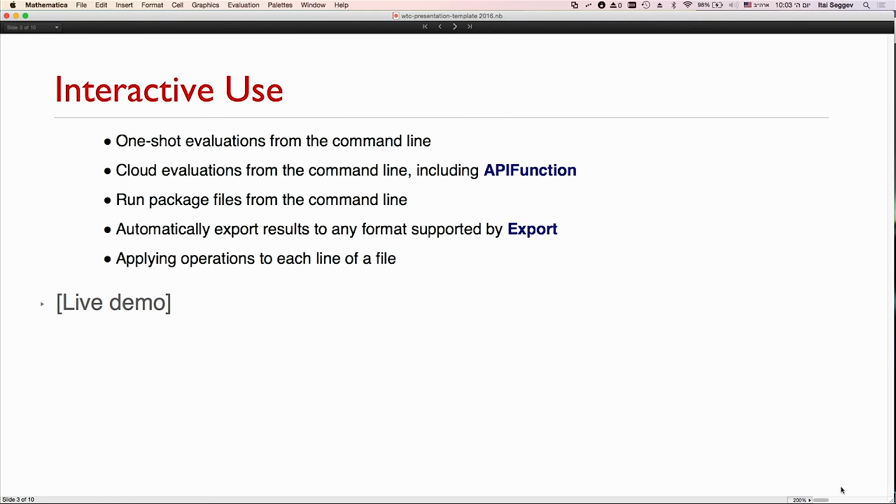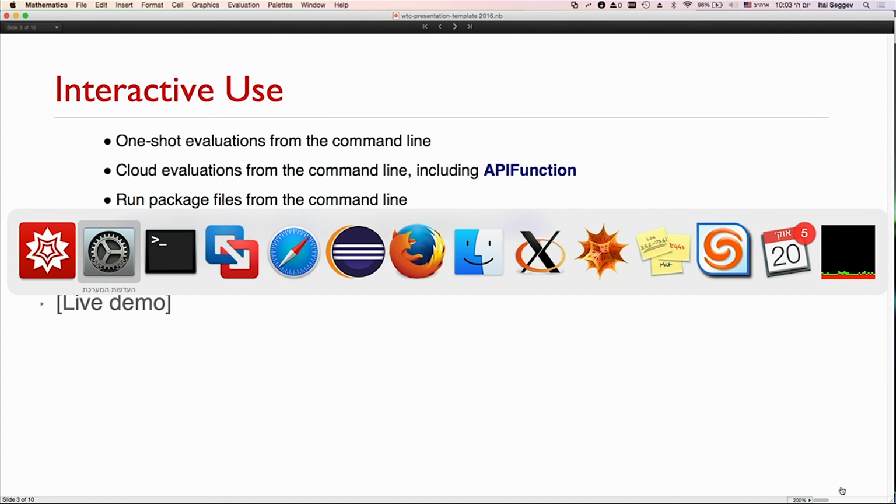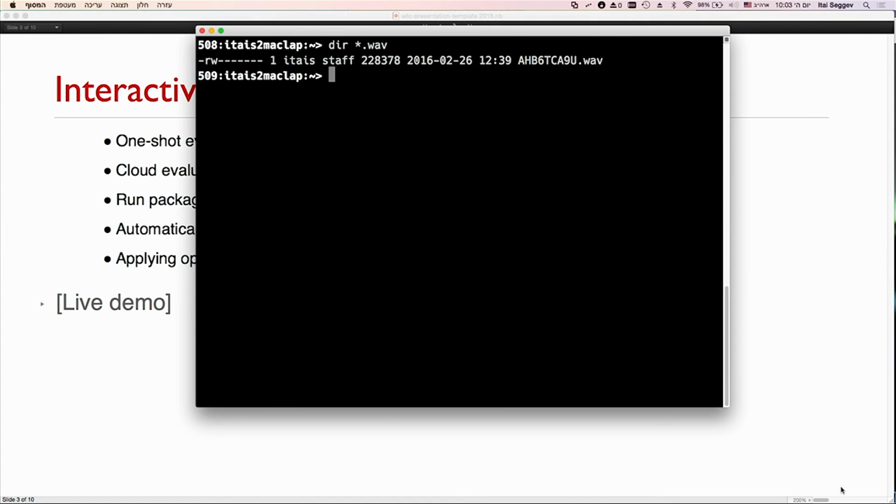You can run package files from the command line. Some extra bells and whistles are you can automatically export results to any format supported by Export. You can apply operations to each line of a file as opposed to the file as a whole. And so let me just go in here and start with some